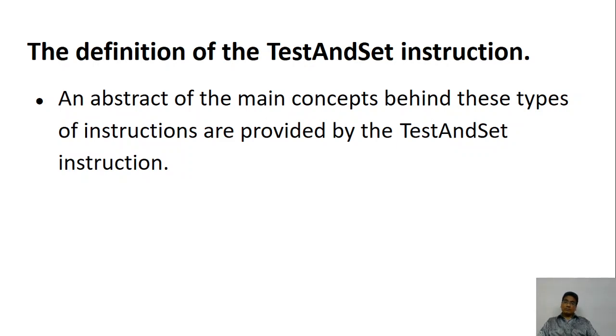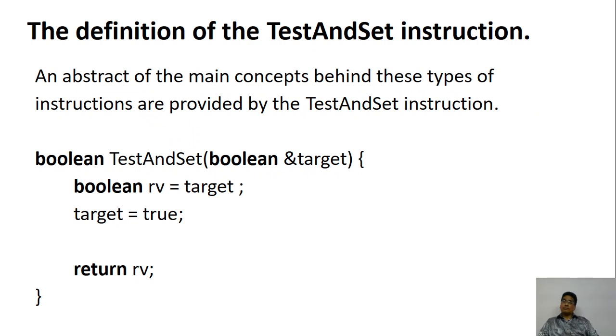Okay, so let's look at the particular algorithm, how it is being done. Here we are testing and setting the value. So there will be a target which we want to test. Naturally, is it not? So there will be one target. Let's assume I call this a target. This target has to be checked.